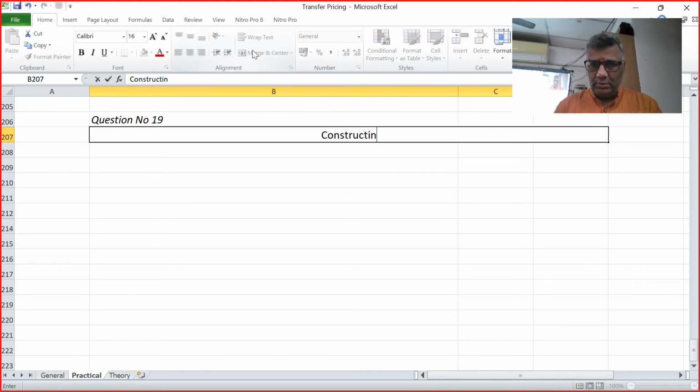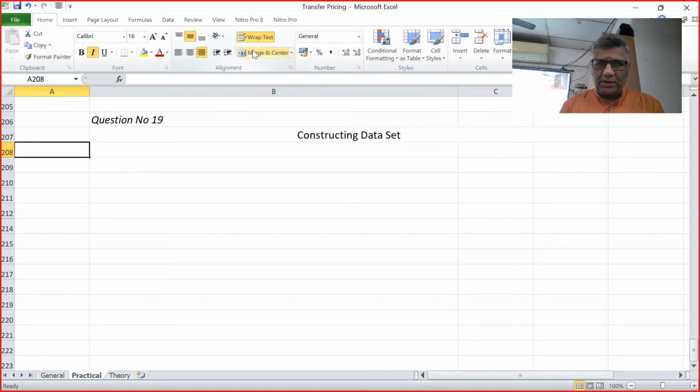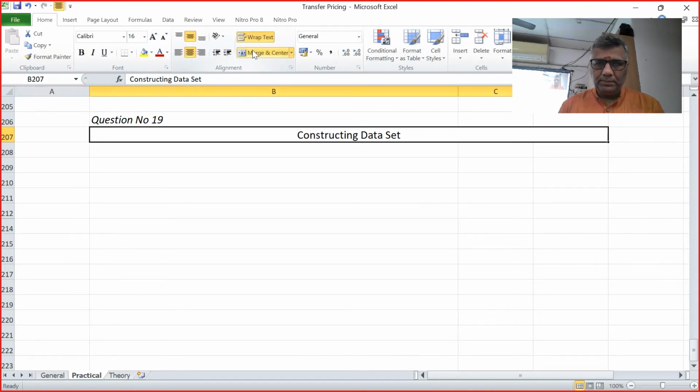Constructing data set. What do you mean by constructing data set? Arranged in an ascending order. Actually,